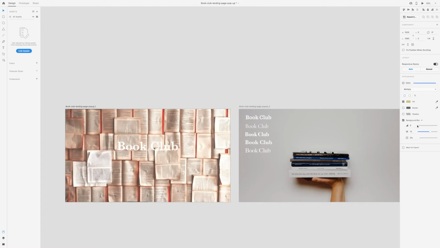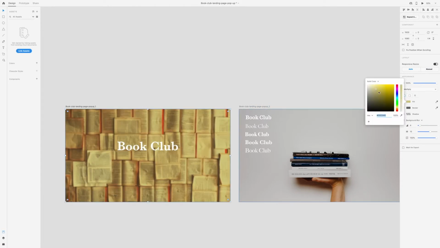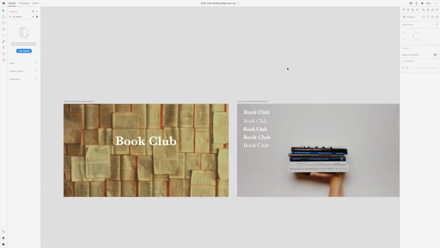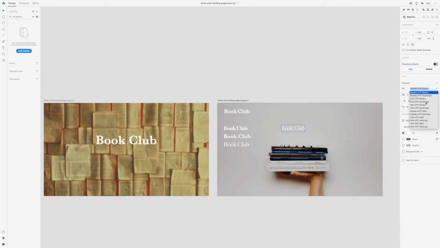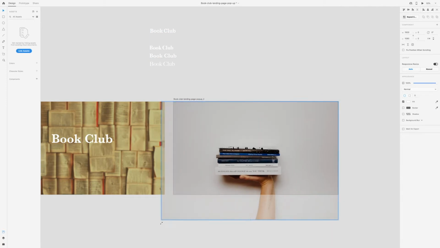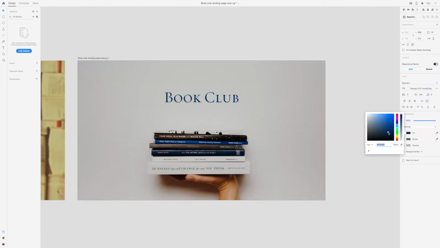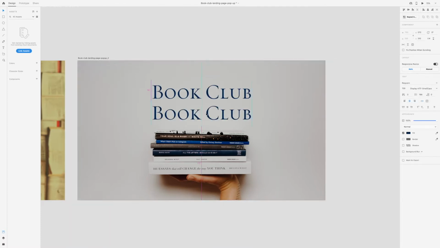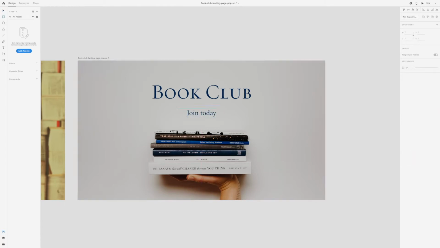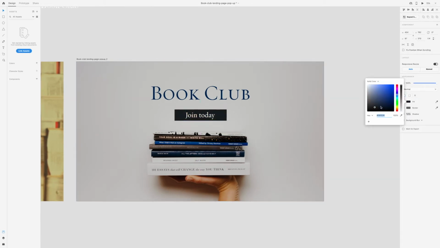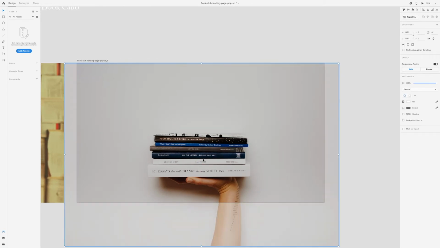I will copy and paste the same words over and over in different typefaces and use that to compare and see which looks best. I really liked this photo with all of the books laying open as a background, and even tried to add a color overlay, but I still felt like the background was a little too busy, so I thought about adding a background blur. As a first option for the logo type, I used the Requiem typeface with small caps, which I felt gave it a nice, elegant, and scholarly feel to it, which is perfect for a book club and what I was going for. I pulled a dark blue from one of the books in this photo for the type color